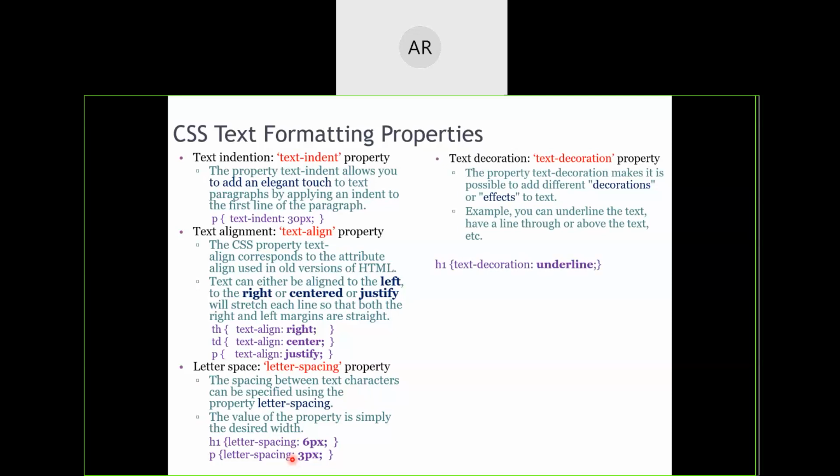Like for example, you are having the links, right? Hyperlinks. Those hyperlinks were underlined, right? And they were having a certain color with them. Or should the text be overlined, or should it be line-through? Overline is a line above the text, and line-through is the line cutting across it.